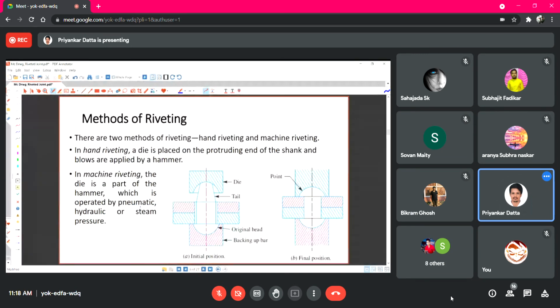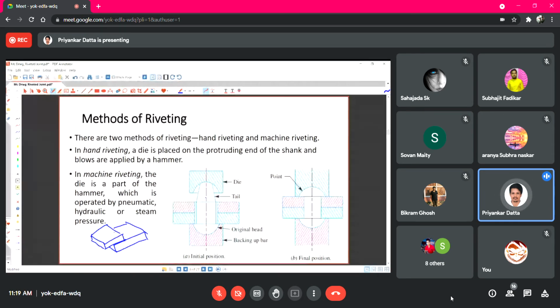Now, for the purpose of riveting, we are trying to join two plates using this riveted joint. So if you think in isometric view, say for example we have a thin plate, and below that we have another thin plate, right? So we are trying to join them using riveted joints. So first we have to drill a hole through both the plates, and through that we pass the original rivet that has the three parts, that is head, body and tail, right?